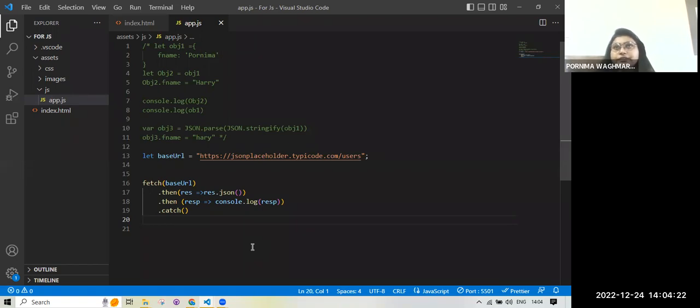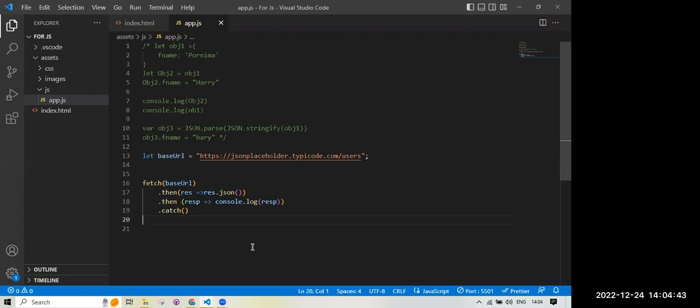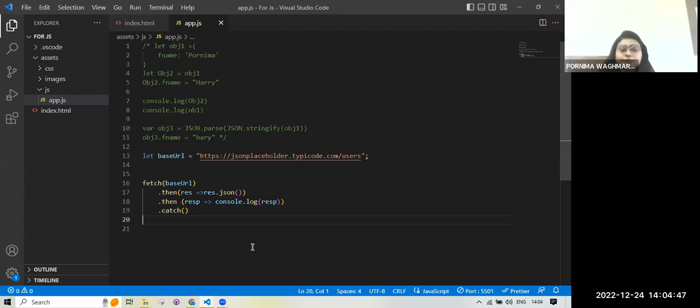In property decorator, we have @Input and @Output. In method decorator, we have @HostBinding and @HostListener, used to give a particular style to a particular DOM element.